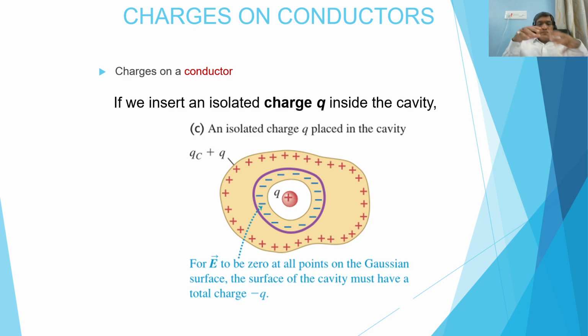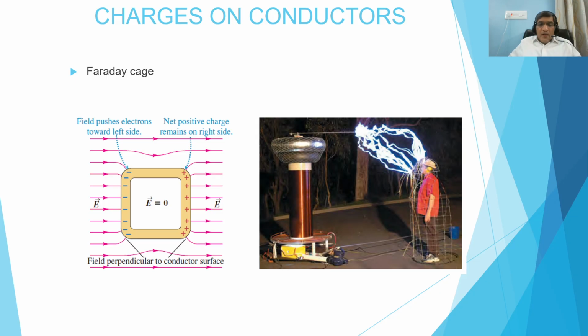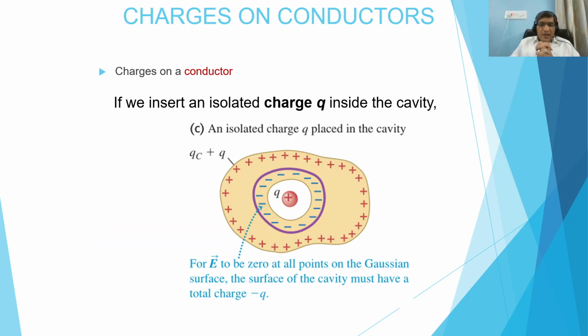So basically the case is different in this PPT. We have a cavity inside the conductor, and this cavity contains a charge plus Q. Now things are different here. What is different? Because the conductor has an unlimited supply of electrons and charges, negative and positive, equal in magnitude. So what happens? Basically the conductor has negative charge and positive charge.